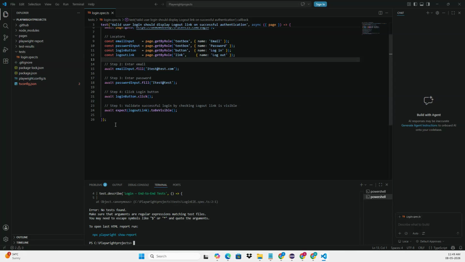So this was the linear script that was created earlier. I'll keep the script as it is and rather create another file called login end to end spec.ts. Okay, so this is the file I am creating for the login testing.